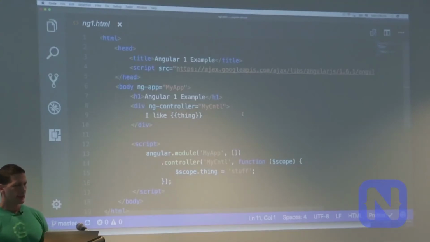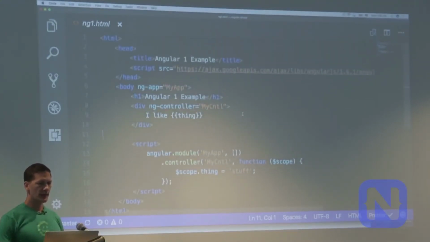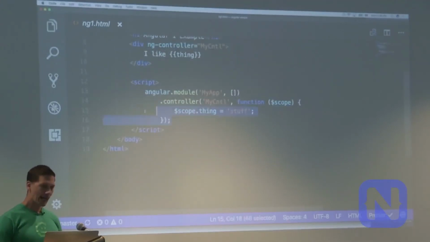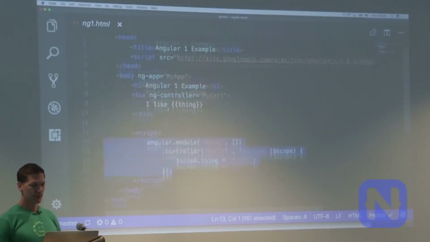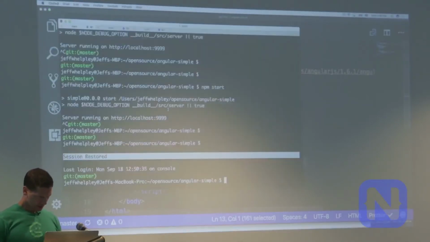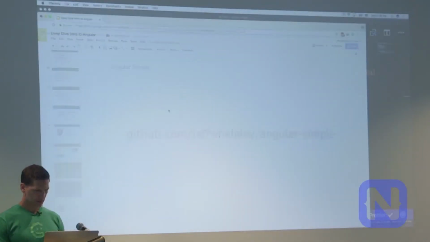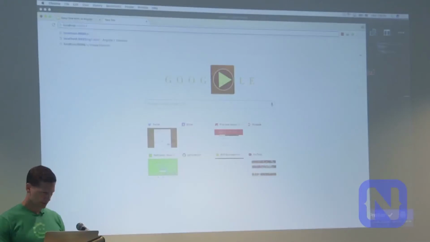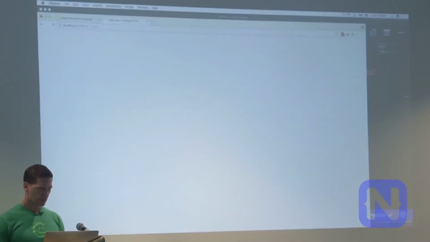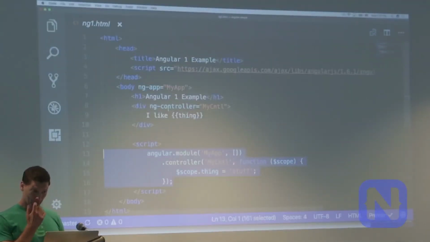Okay. So this is sort of what was my inspiration. This is an Angular 1 page. And in Angular 1, it was super easy to just hack on it in one page. In just one page, you could put an HTML out there and throw in a script tag and throw something in there, and it was working. So let me actually start this. Whatever. It's not too sexy, but it works.